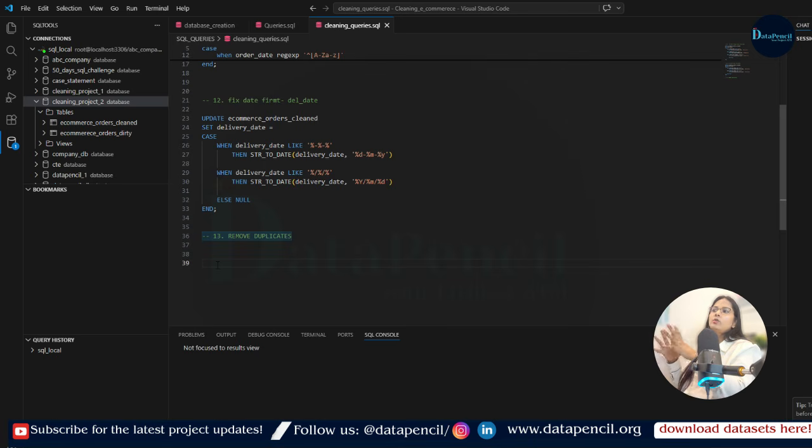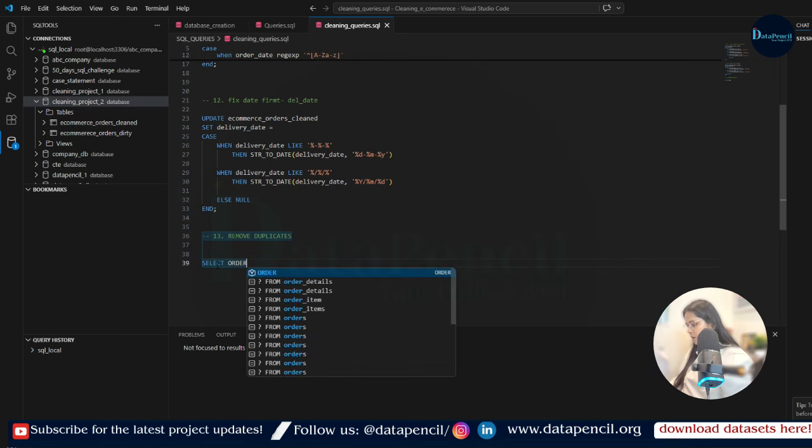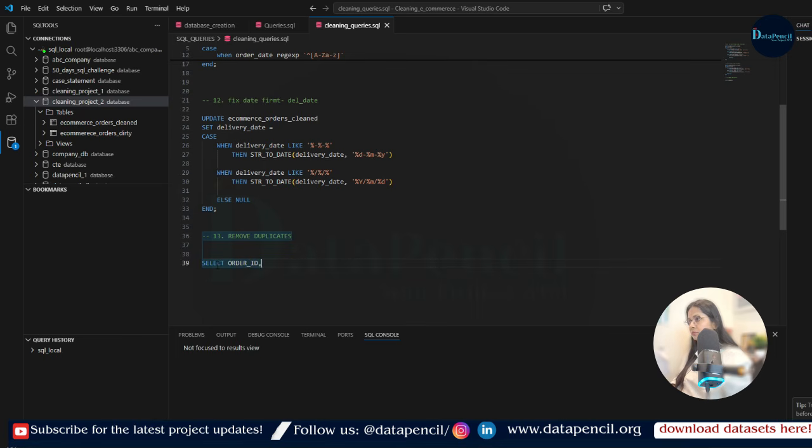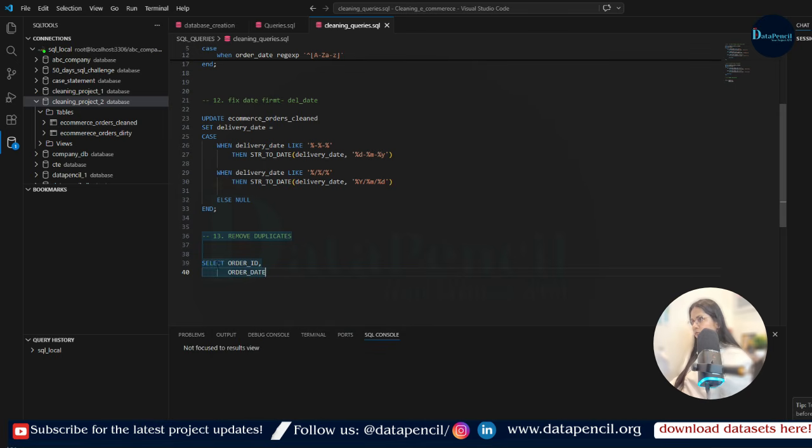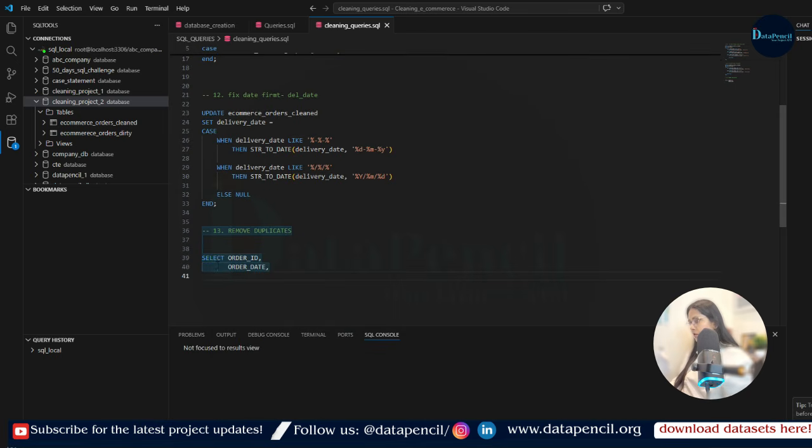Now, how to remove duplicates is a very essential part of this cleaning project. For removing duplicates, we are going to use the window function. Here we will firstly assign a row number to each order ID using the row number window function. So firstly, let's assign row numbers, and for that we will write select order ID, comma, order date, comma, row number,